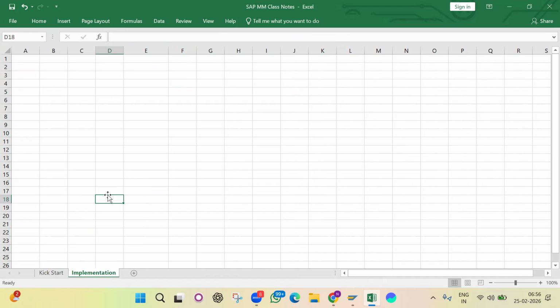I'll divide this sheet into serial number, transaction, transaction code, creation code, explanation. Okay,